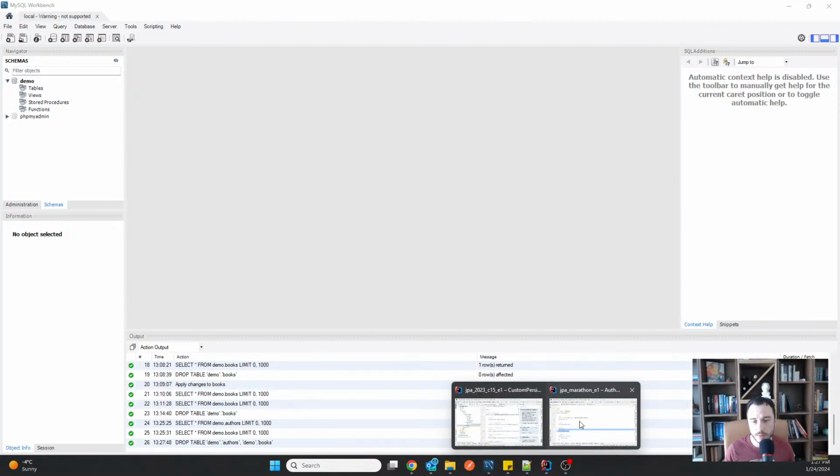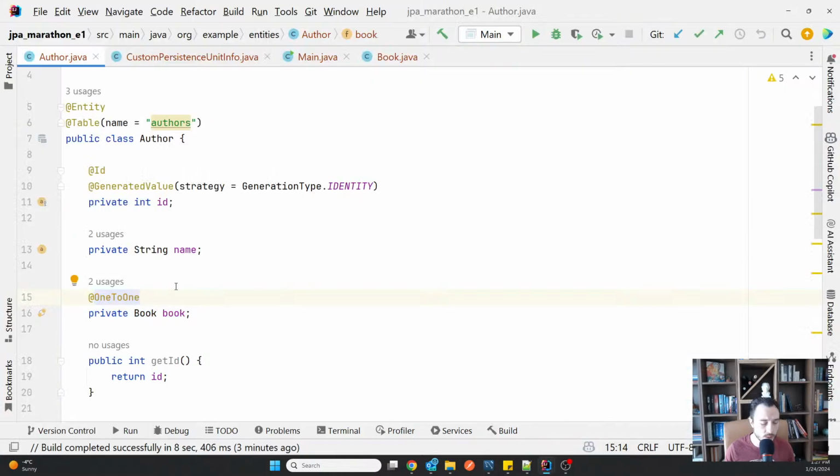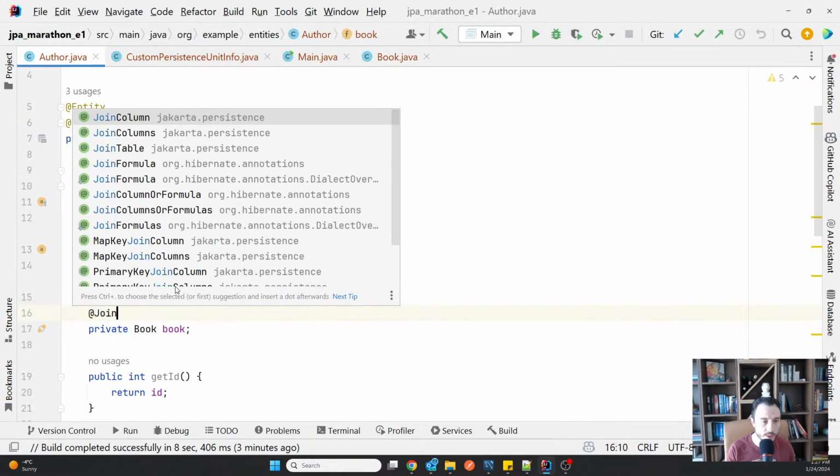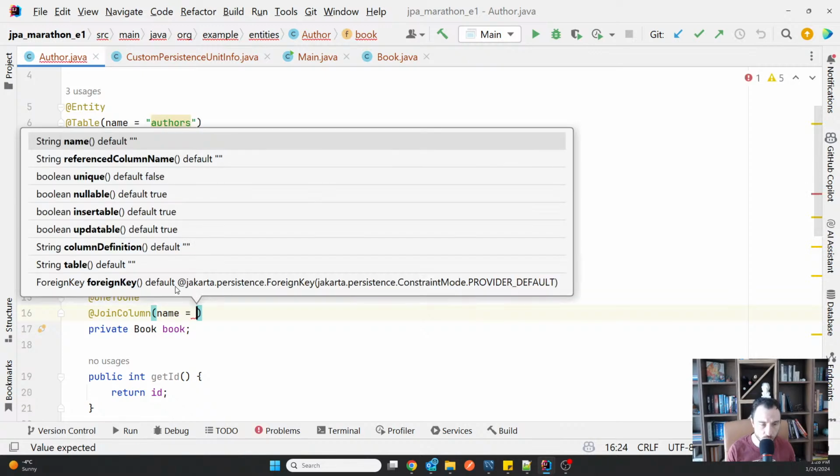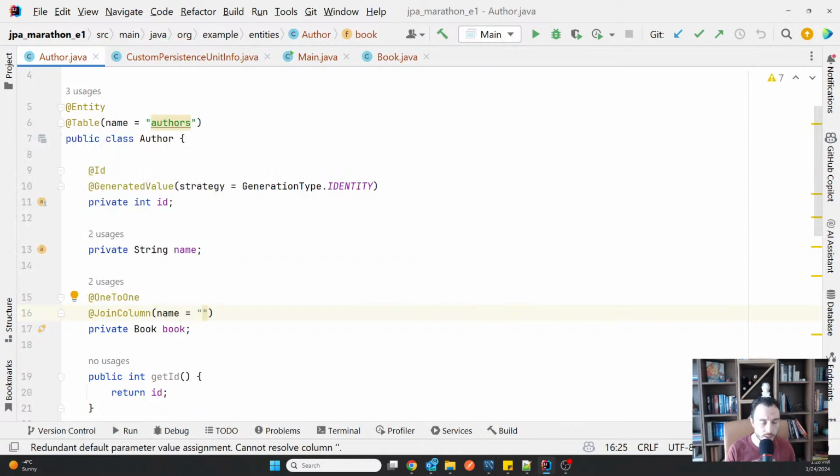I'm gonna go back to this example and I'm gonna use a join column annotation to provide a given name to my foreign key. So this is the foreign key, and then if I want to provide it with a name, I'm using this name attribute, name book.